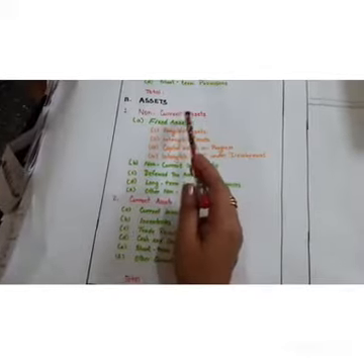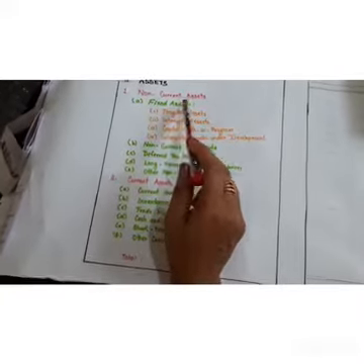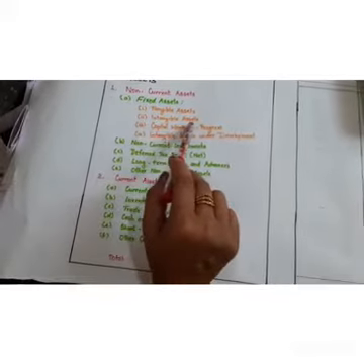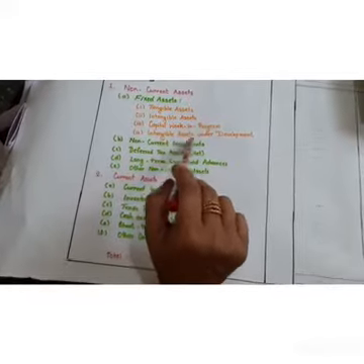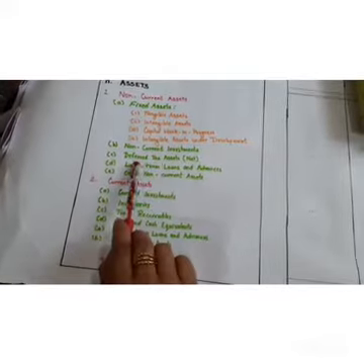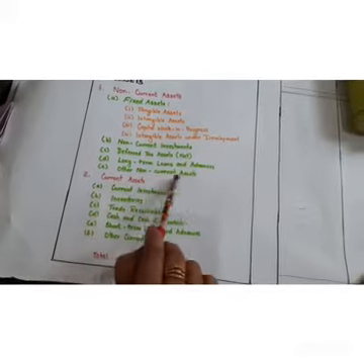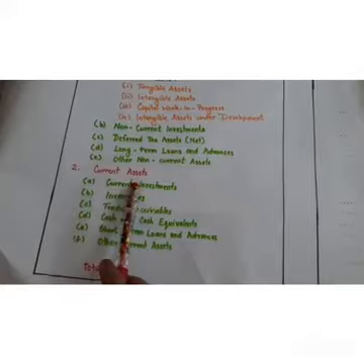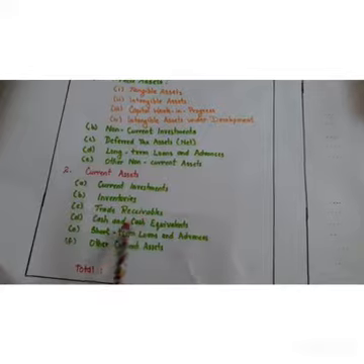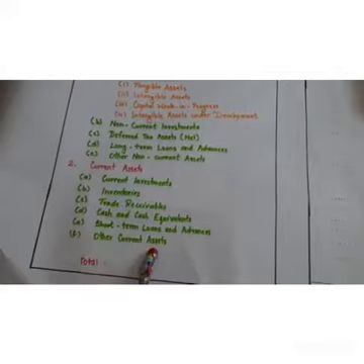In assets, we have divided assets as non-current asset and current asset. In non-current assets, there are subdivisions too. That is fixed asset, which is further divided as tangible asset, intangible asset, capital work in progress, intangible asset under development. Then the second one is non-current investment, deferred tax assets, long-term loans and advances, and the fifth one, other non-current asset. Current assets are subdivided as current investment, inventories, trade receivables, cash and cash equivalents, short-term loans and advances, and other current assets.